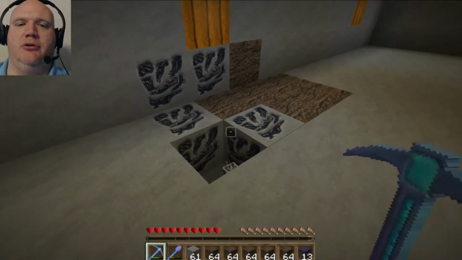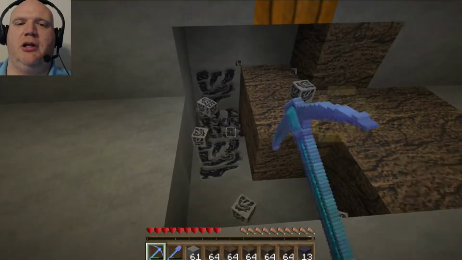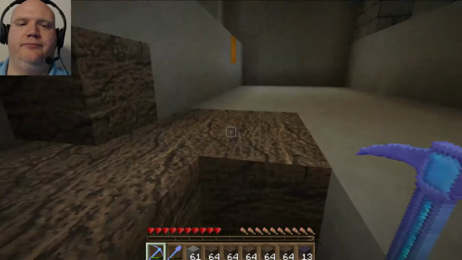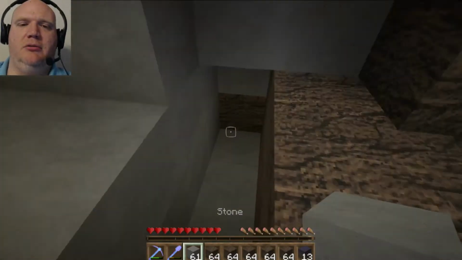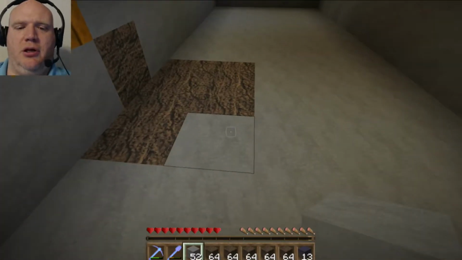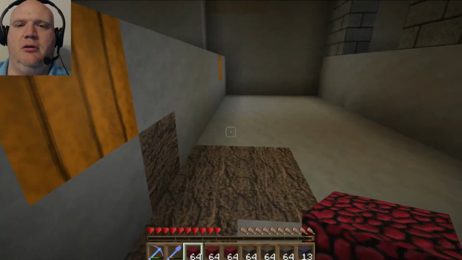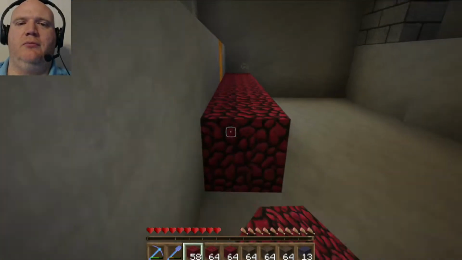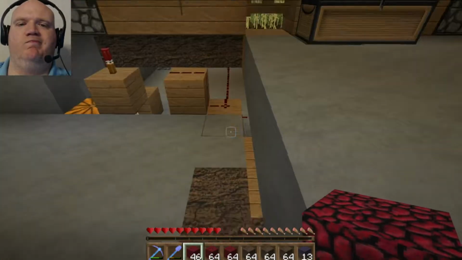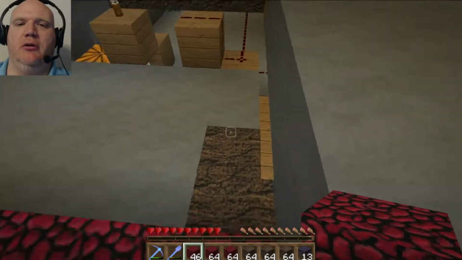Let's go ahead and take, it's coal, right? Let's just go ahead and get it. Trying to do this without tearing out half a mile of floor here. I think that got it all. We'll go ahead and replace that back in. Okay, and then we'll grab our netherrack. And let's just get busy replacing floor. And then what we'll do, do we want to come on up here? No, we'll take this out right along here. Okay, so what we're going to do...